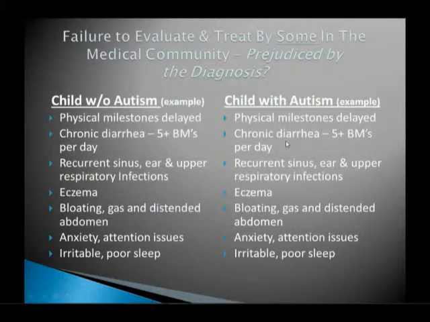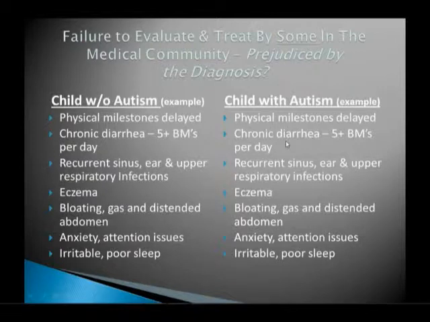Generally what's going to happen is the doctor will do some testing. They might do some blood testing, see if there's an immune problem, see if there's deficiencies of anything. They might do a stool test to say, hey, do we have a problem with an infection? They're going to do some kind of diagnostic workup. Now, as the years have gone on, I have seen the medical community get a little bit better at starting to run some tests for kids on the spectrum, but it's not great.